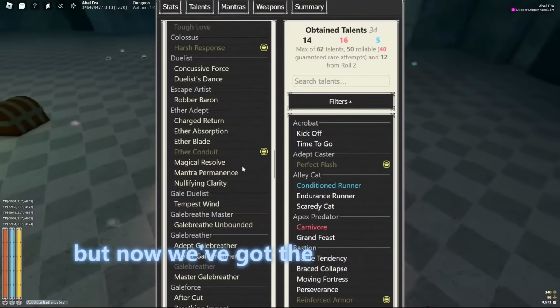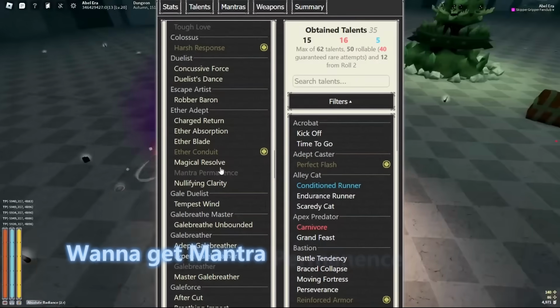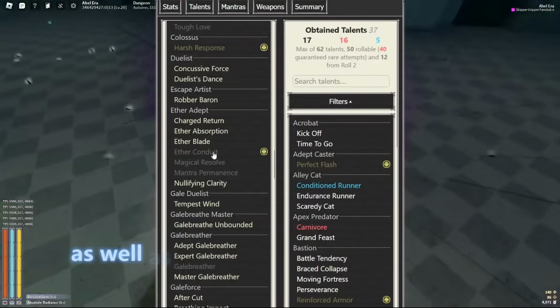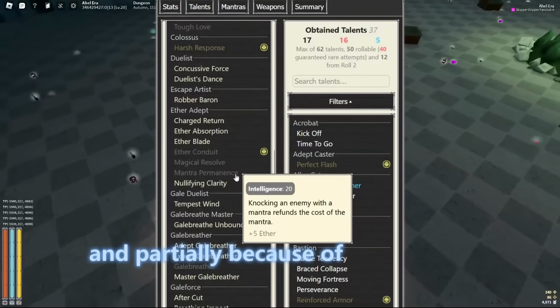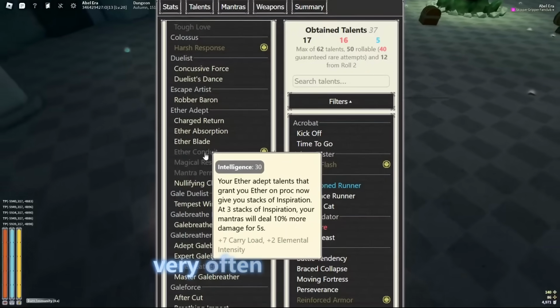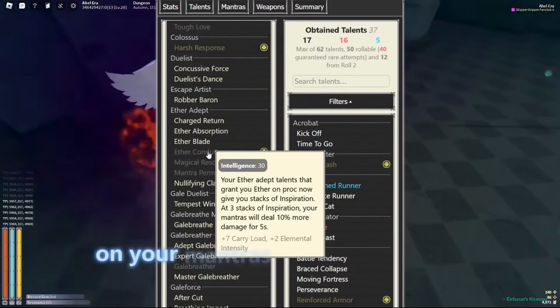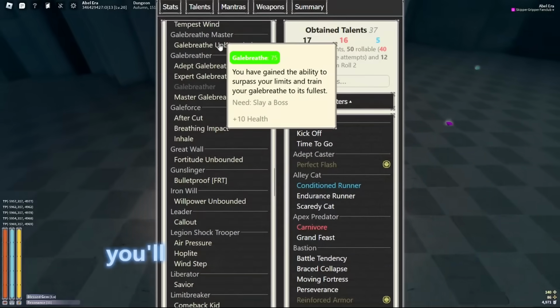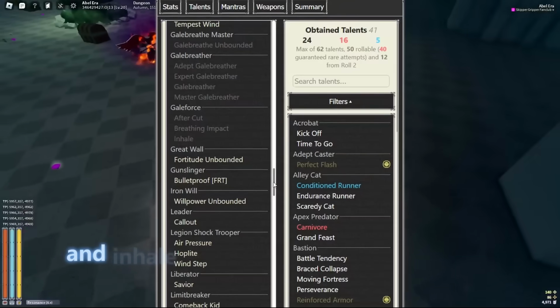But now we've got the best tree of cards, the Ether Adept tree. You want to get Mantra Permanence and Magical Resolve, as well as Ether Conduit. Because of Magical Resolve, and partially because of Mantra Permanence, you're going to be proccing the Ether Adept cards very often, therefore you're basically always getting 10% more damage on your mantras. It's incredibly powerful. You'll have your Gale Breath unbounded for free, Aftercut is extra damage, and Inhale raises the damage